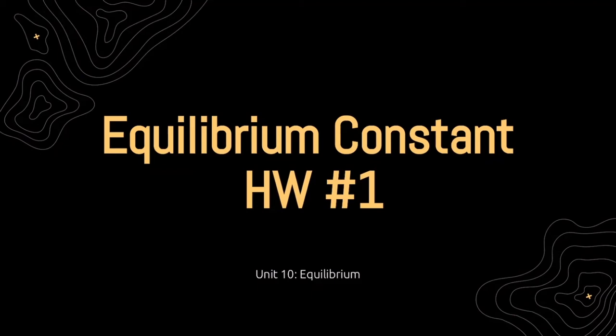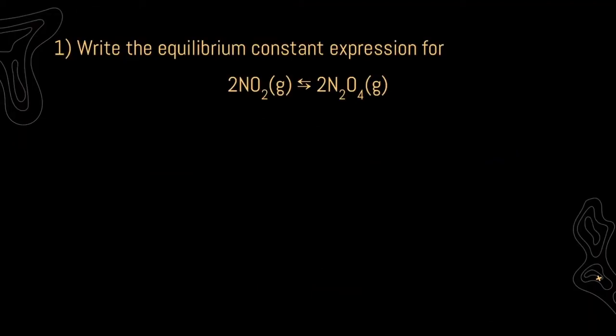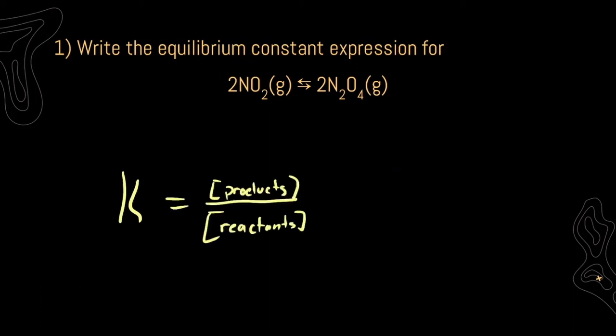So, let's get started. For number 1, it says, write the equilibrium constant expression for the following reaction. Now, what is our equilibrium constant? Well, our constant is a ratio that lets us know the rate at which our products and reactants are being used up. For our reversible reaction of nitrogen dioxide and dinitrogen tetroxide, we need to find what our equilibrium constant